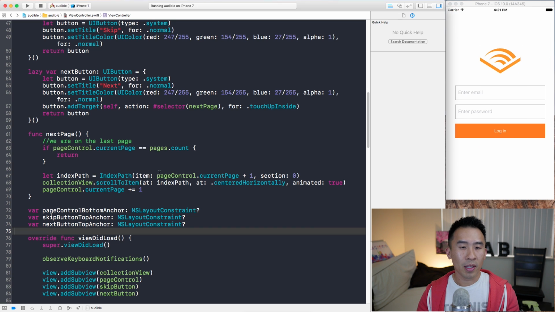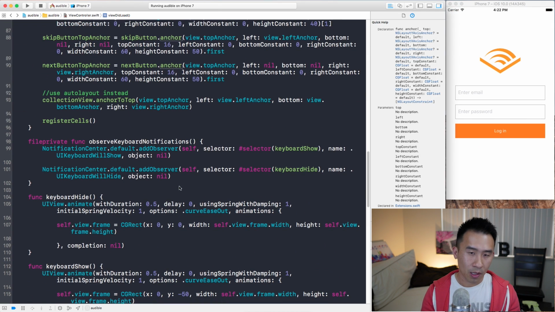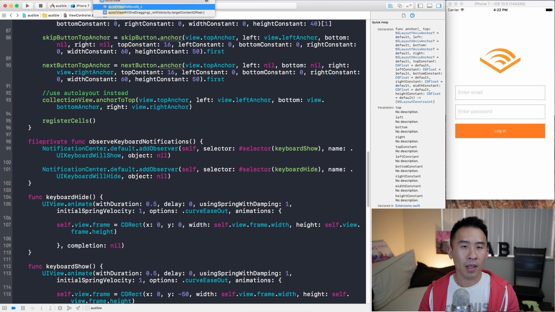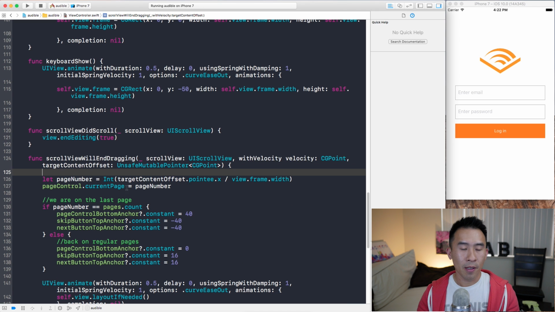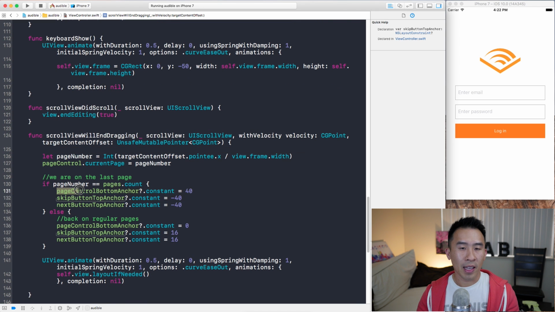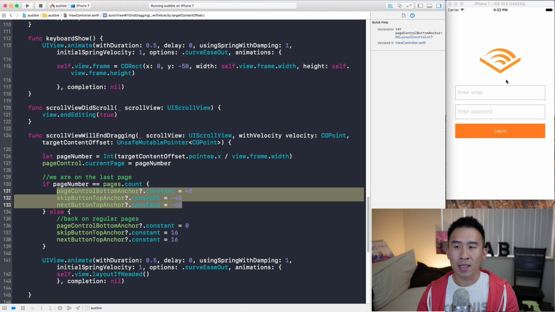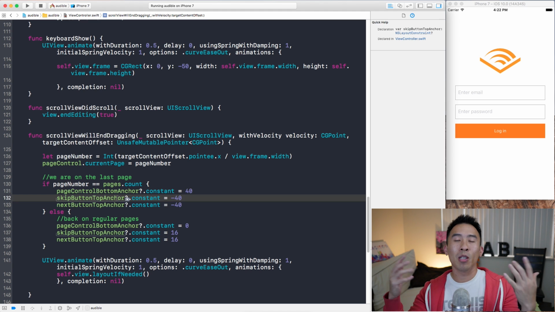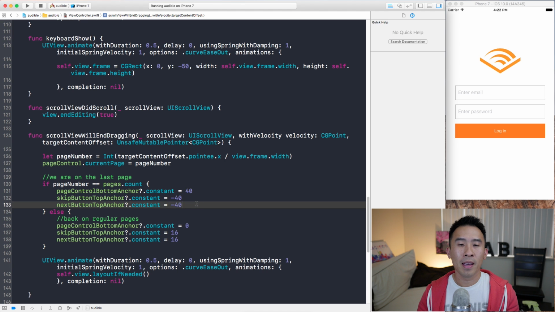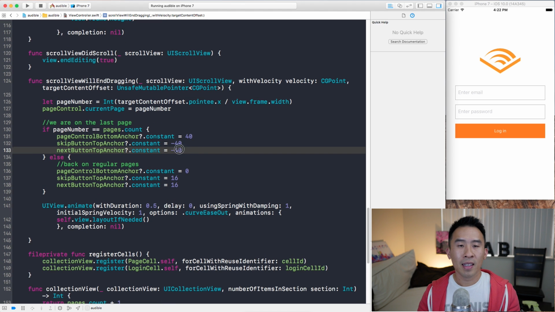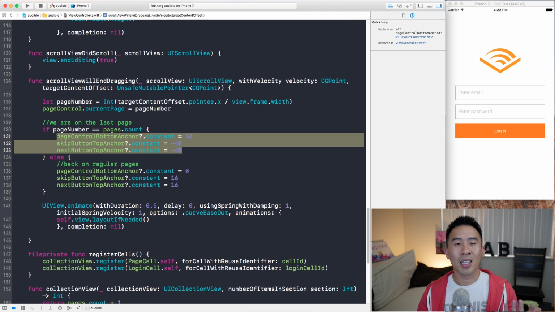So I'm going to go into this method right here. If I hit Control-6, scroll view, we'll end dragging right here. This is the behavior that causes all the things to animate off screen. So basically we're setting the constraints; in one of the previous videos, we set all this up. And the idea is I want to call that same behavior. So I'm going to do this the crude way of copying and pasting first,